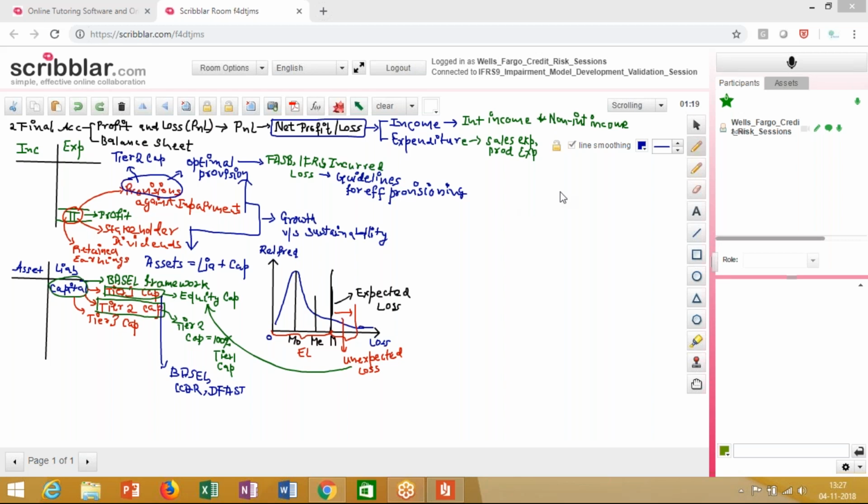Tanmay, you just talked about TTC, right? PIT is a point in time PD, and TTC is a through the cycle PD. So let's park the discussion on PIT and TTC for the next classes, because I'll be taking this up in greater details. So PIT PDs are those PDs which are kind of,